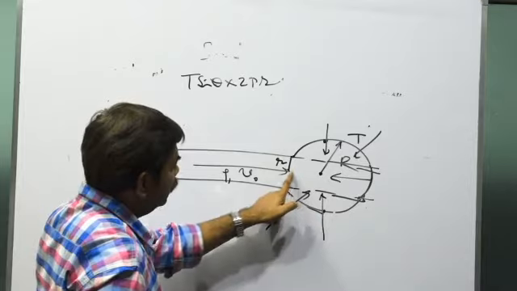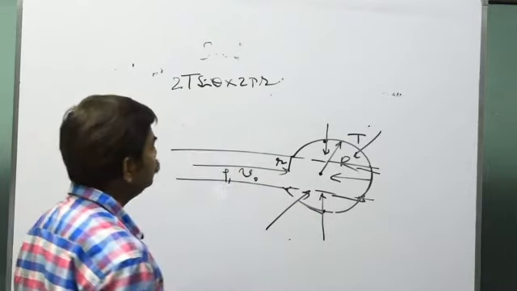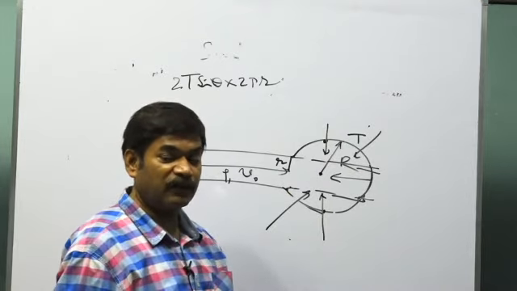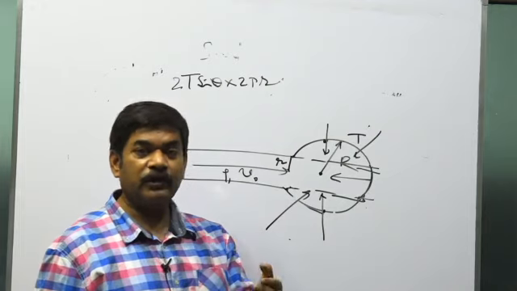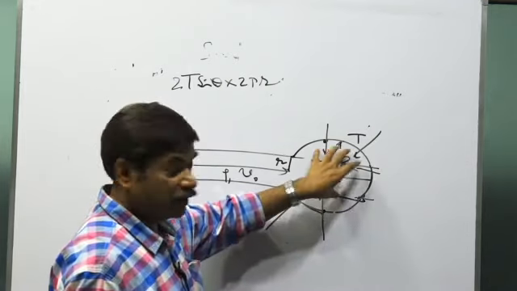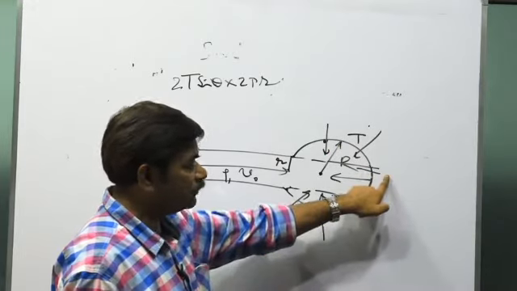And because here in this side, this will be 2T here. The reason being, it's a soap bubble. Soap bubble has got two surfaces. Surface means where the liquid is in contact with the air. So in case of a bubble, the liquid is in contact with the air on the inner side as well as on the outer side.